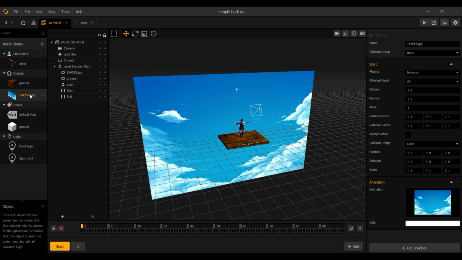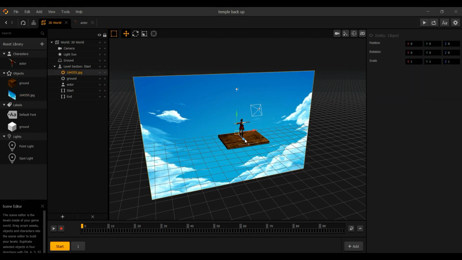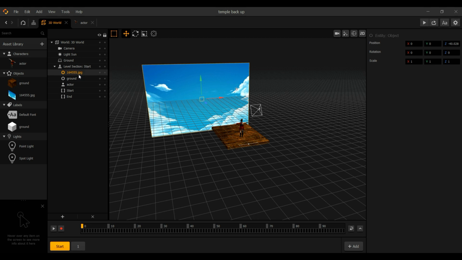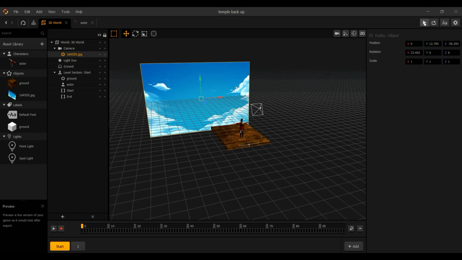and after that you just have to place it here. And this is the most important part: you have to drag and drop it on the camera. This part should come under the camera. And now when you play,